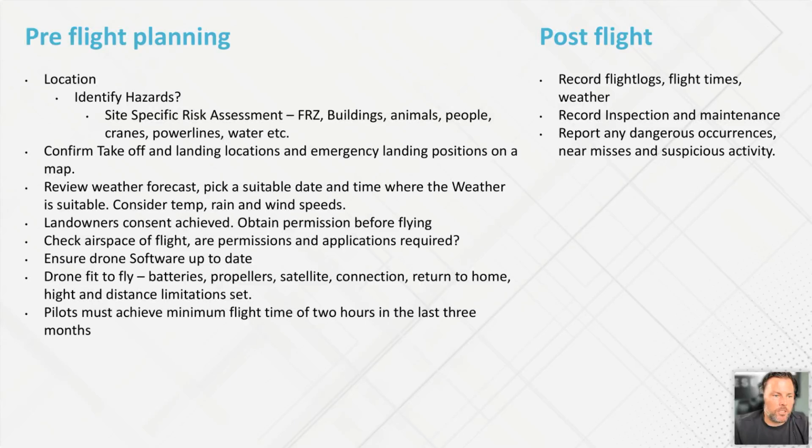Goes without saying, is your drone fit to fly? So checking that all the batteries are working properly and they're charged up. Checking propellers for damage. Making sure your connections are working properly and your GPS is working properly on your controller. Make sure your return to home works. That's pretty easy. We test all of our drones on a weekly basis and ensure all the